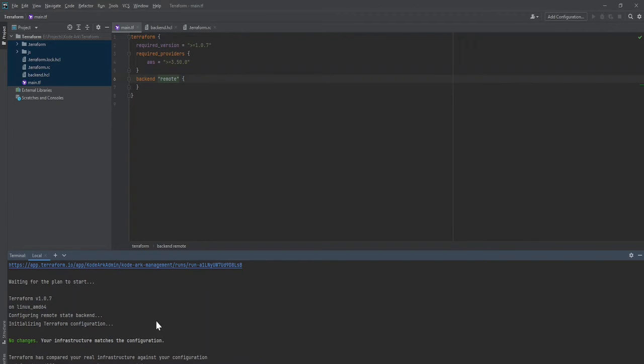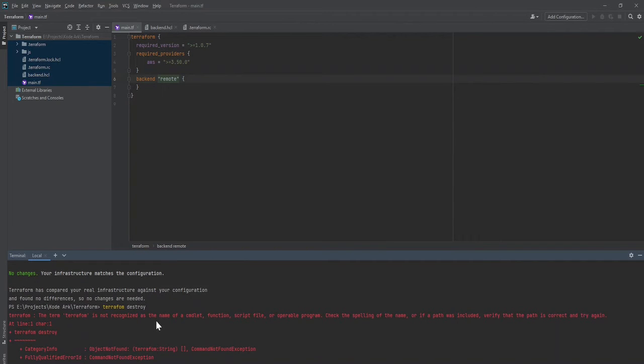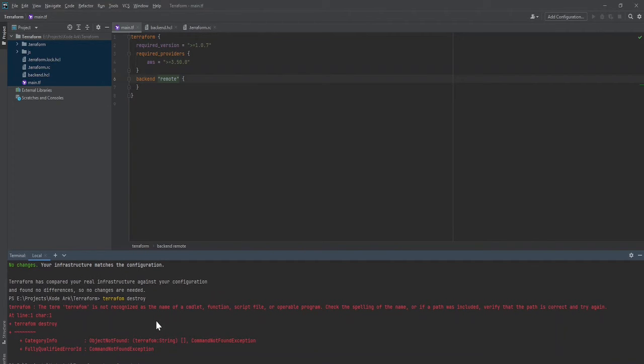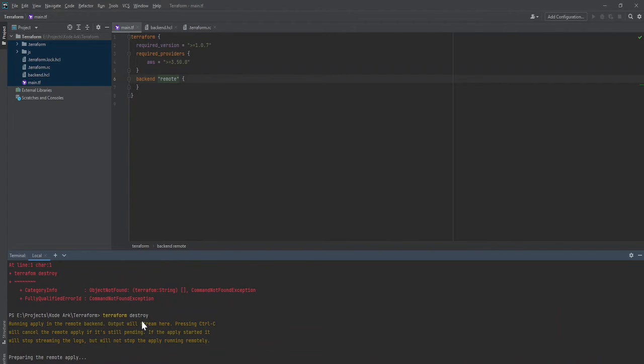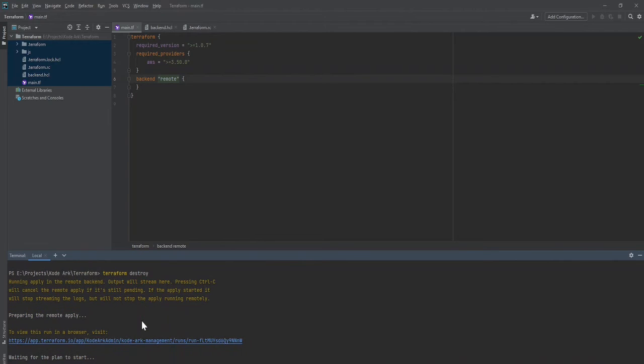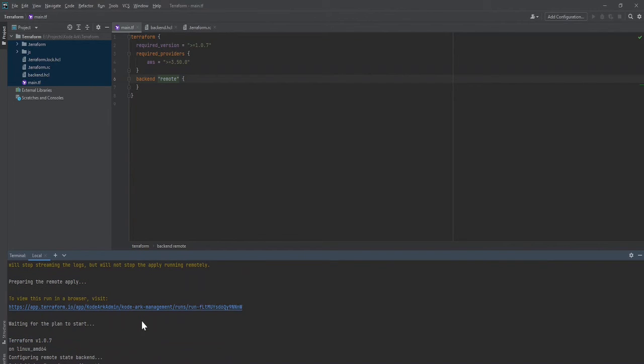The last command among the main commands is terraform destroy. This command can be used for deleting or destroying the resources. So if you want to run these two commands, apply or destroy, I would suggest you run plan and validate beforehand, so you can know whether your configuration is valid and what impact it is going to have.